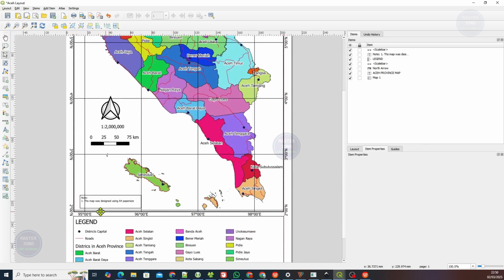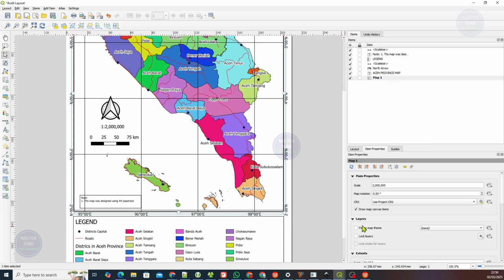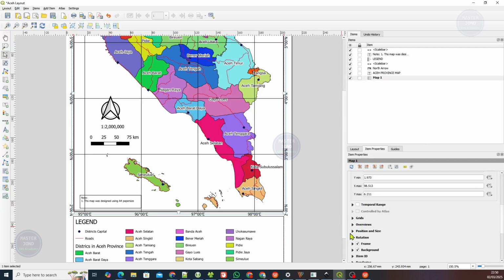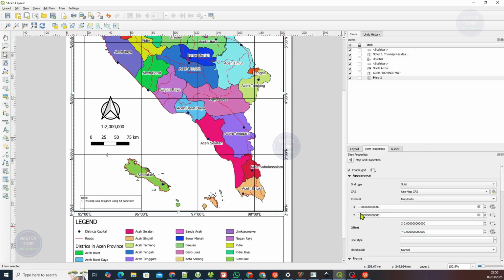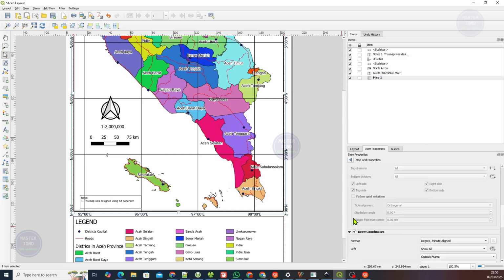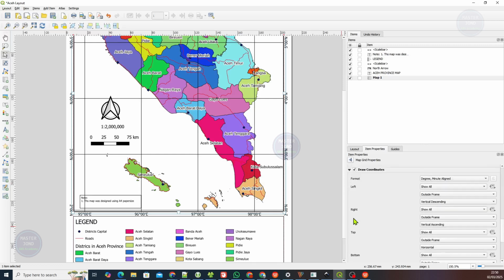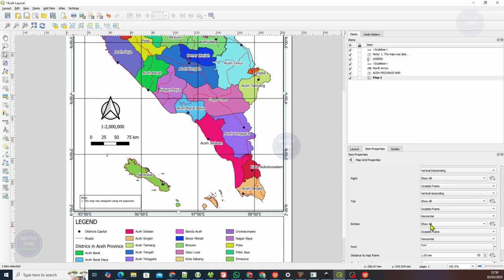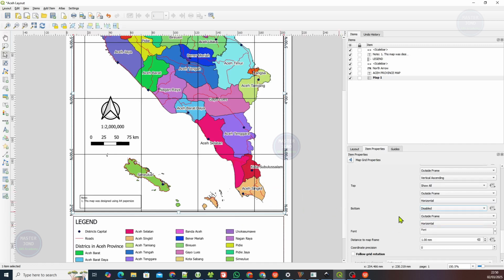Okay, if you think putting a label above the map is unnecessary, we can uncheck the label, the bottom, and we will disable. Okay, and I think the font is too big,